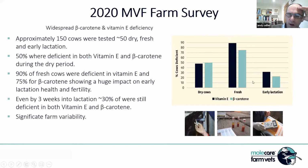And I think the surprise that I found was, over 30% of cows that we tested were still deficient in both vitamin E and beta carotene 3-4 weeks after calving. And what we've got to remember is during this whole period, we've got developing oocytes, which turn into the embryo longer term. And during this period, they're all under stress, and therefore they'll be decreasing the likelihood of successful